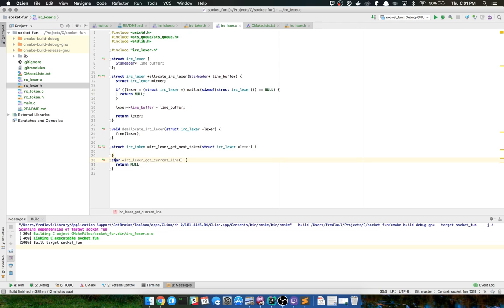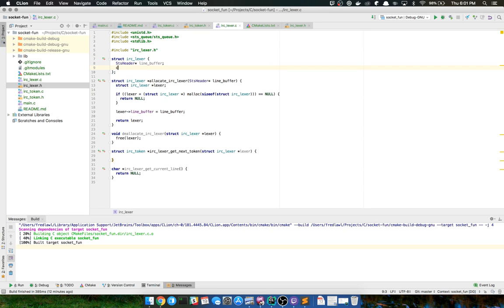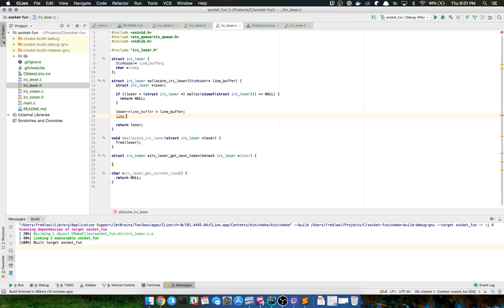Sweet. IDE is finally working. So what I want to do here then is we're going to have some sort of pointer to the line. And for right now, the line is going to be set to null.